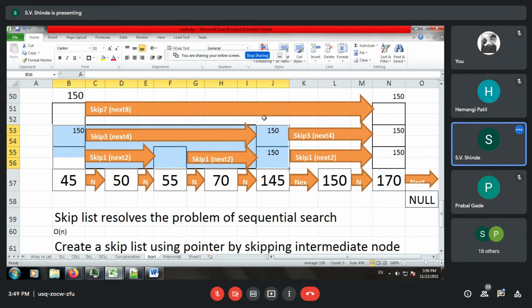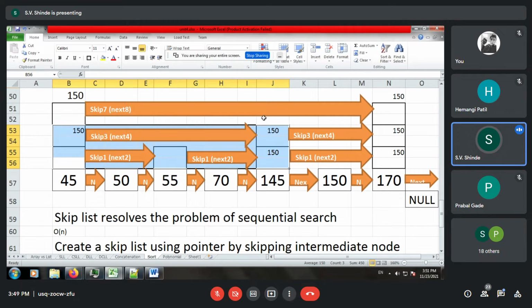So the outermost part, reaching from source to destination directly, we can say is the express path, where it will decide the worst case behavior with two comparisons with the first node, whether the data will be within the range or out of bound. So this is the advantage of using skip list.